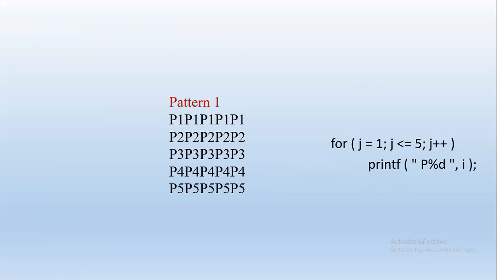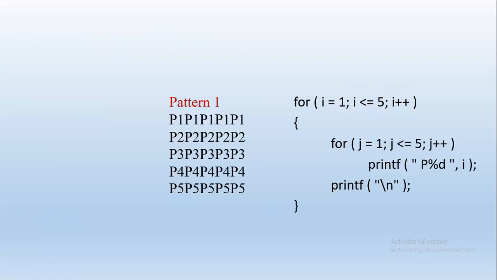This is for the column. Now each row has to be printed in a new line, so we consider a \n. Next, we have the row number. In this case, the row has to start from 1. We observe that P1 is the first row, then P2, 3, 4, 5. So the row ends at 5. So i equal to 1 and it ends at 5, i less than or equal to 5. And every time we are incrementing the i value by 1: 1, 2, 3, 4, 5. So that is the pattern.